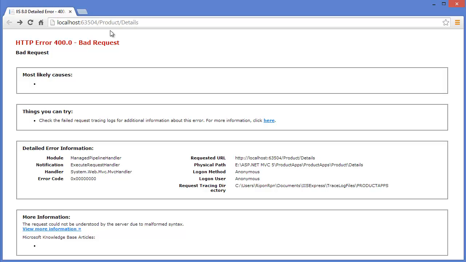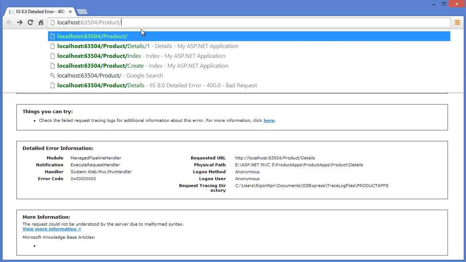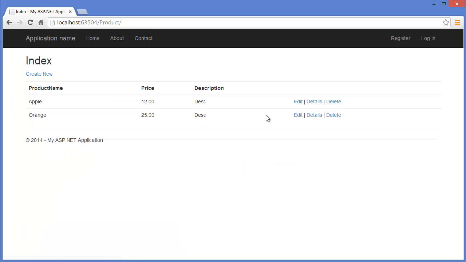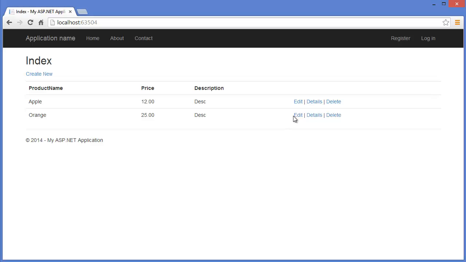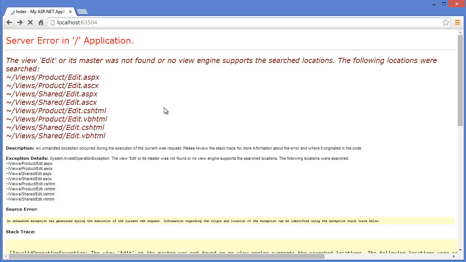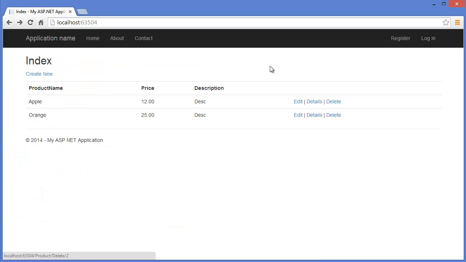So you can see without id it gives us an error, which is HTTP error, bad request. Alright, so first of all I want to go to the product, then I want to see the details of orange. Yes, product name orange, price and description. Back to the list. Now I want to add edit and delete